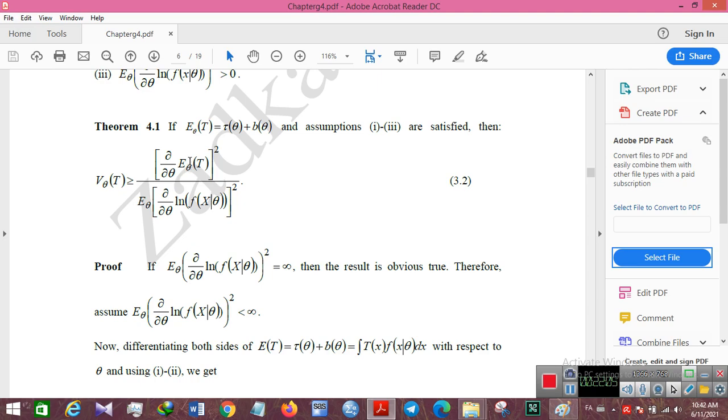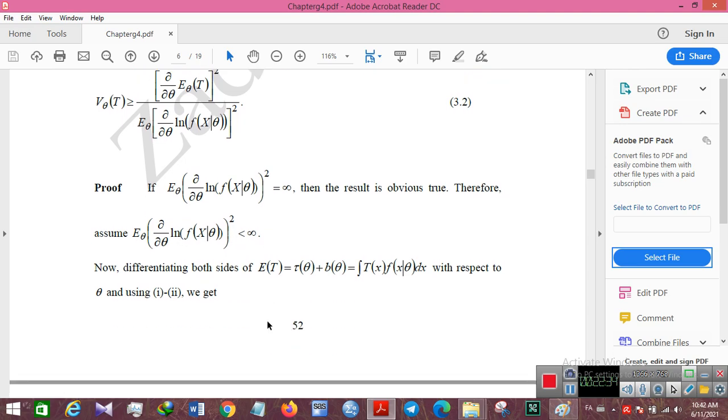the denominator is infinity, so this ratio is equal to 0, which is always satisfied because the variance is a positive number. So for this condition, this lower bound inequality is satisfied. Therefore we assume the expectation of (∂/∂θ ln f(X)) squared is less than infinity. In this case we have the expectation of T equal to γ(θ) plus b(θ),